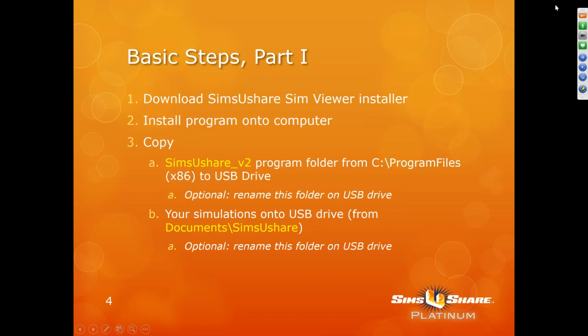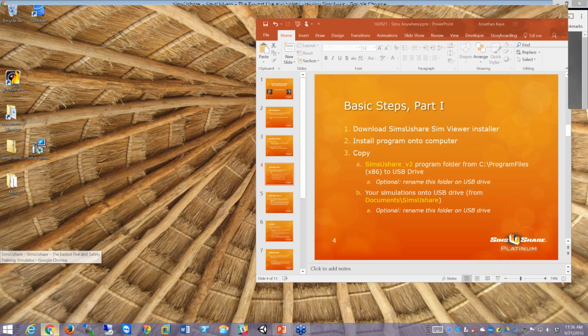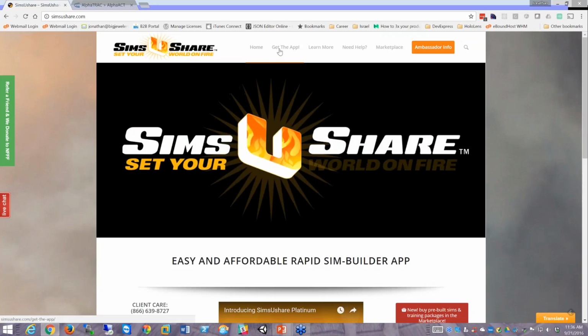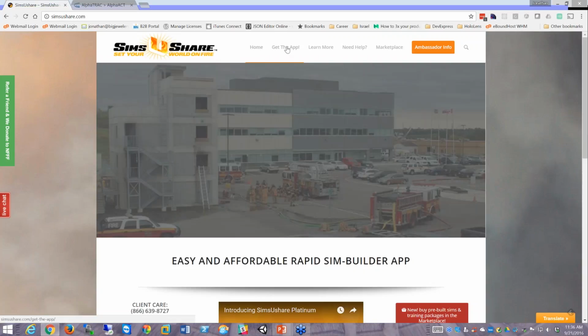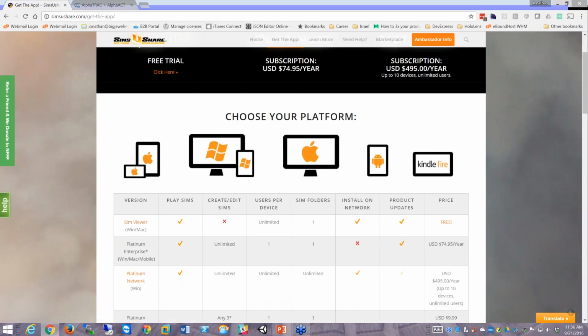Minimize that here. I'll wait a couple seconds for the screen sharing to catch up. Now, I'm going to be downloading the SimViewer installer. So I go over on SimsUshare.com to get the app, and one of the places that the free viewer is available is right here at SimViewer. There are also some links below, underneath the Windows and Macintosh profiles, but I can click on SimViewer here,